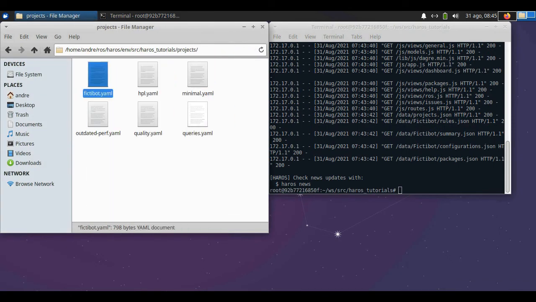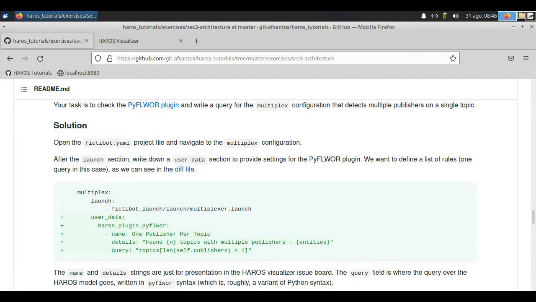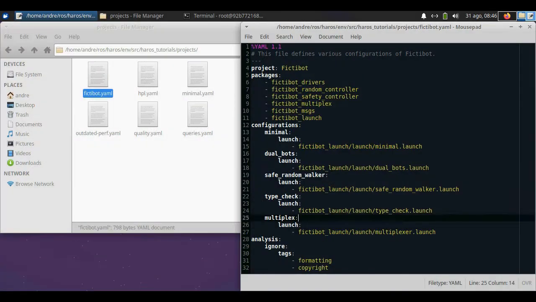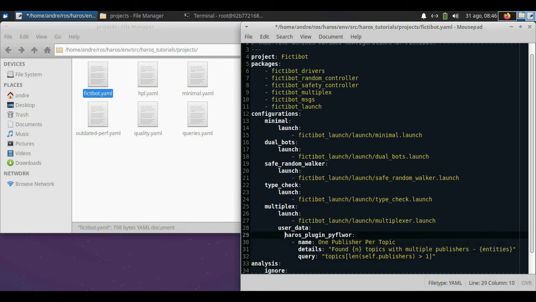The first thing to do is to open the project file, navigate to the correct system, and then add this new user data section in which we are going to provide additional inputs for Haros and its plugins. In this case, we will be providing a new query to run.